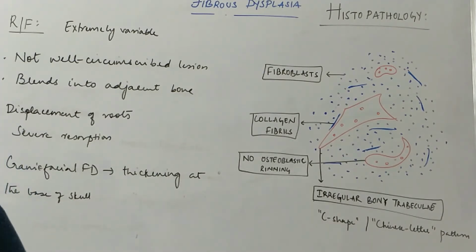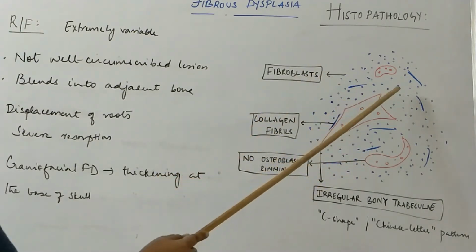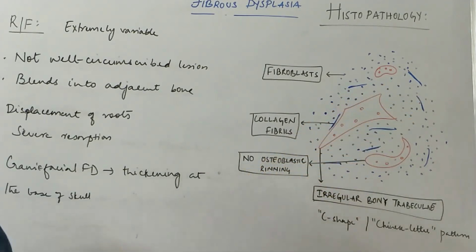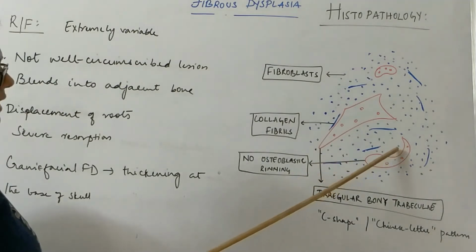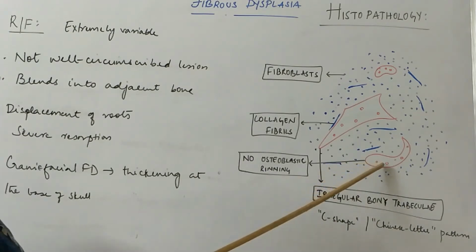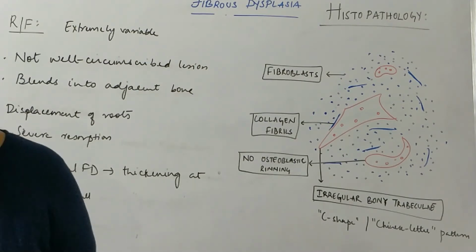So, fibrous dysplasia, what are the three? There are three main points to be remembered. The fibrous stroma is essentially fibroblastic, where you see a lot of fibroblasts and some interlacing collagen fibers. Then you see irregular bony trabeculae. These bony trabeculae do not have osteoblastic rimming. These that you see are osteocytes, which are also present in normal bone. So the osteoblastic rimming, which is normally seen in the bone, is absent. These are the three main features that you need to remember about fibrous dysplasia.